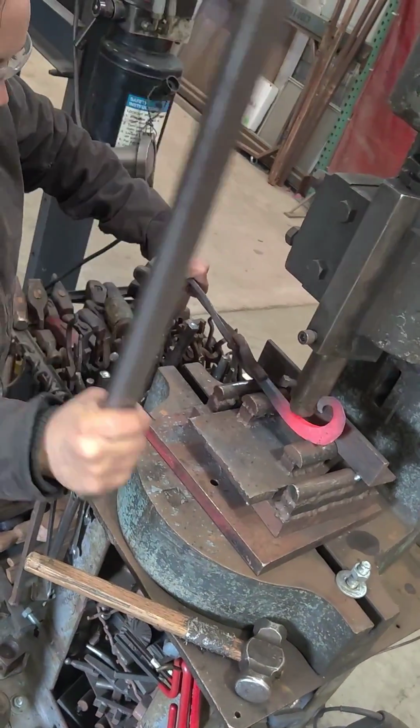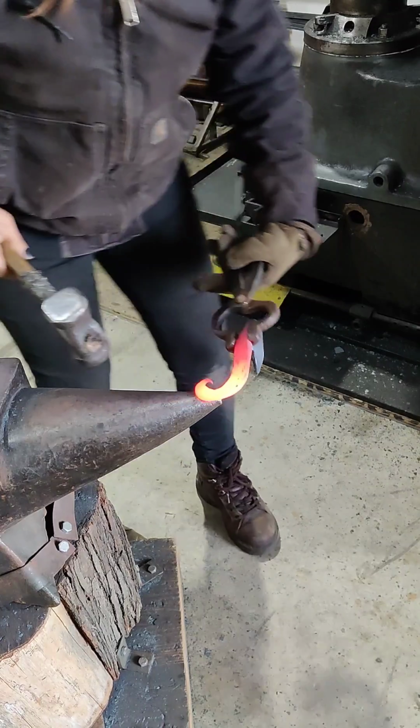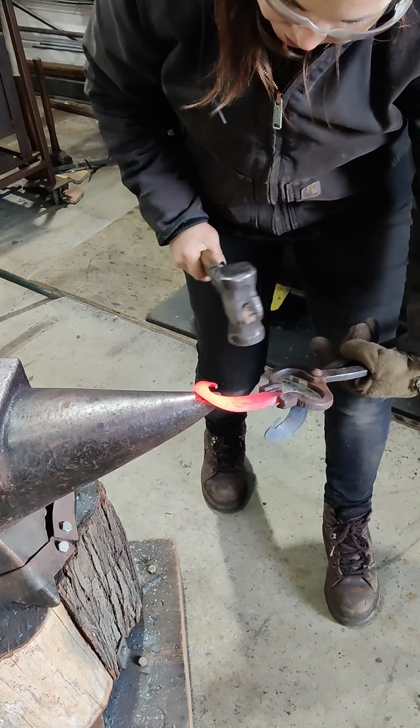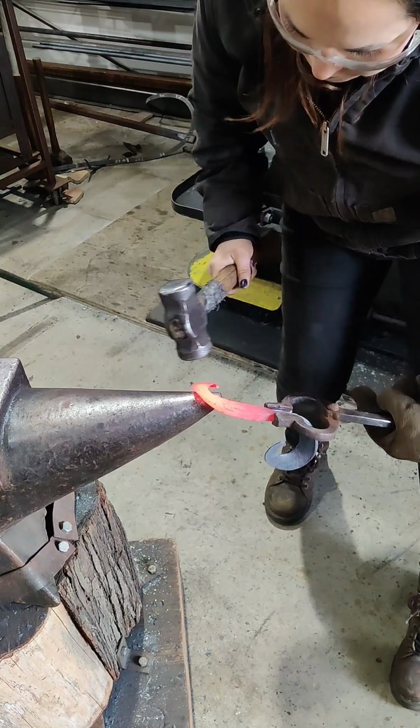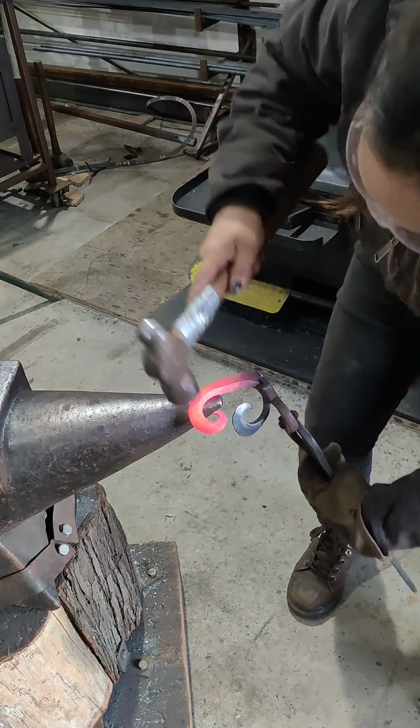So here I am. I'm just going to give it a little more bend on the fly press, and I've got one side done there. Now I'm going to hammer over the other side. When I'm hammering it over, the center line of my scroll is 90 degrees to the outside of the horn,